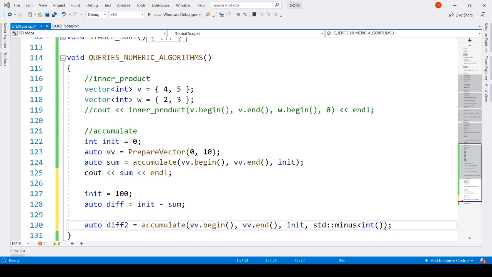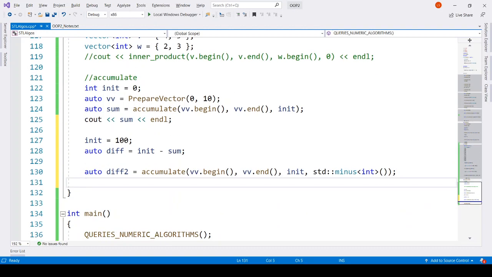Okay, and what is it complaining about? Yeah, so now this diff should be the same as the first diff.